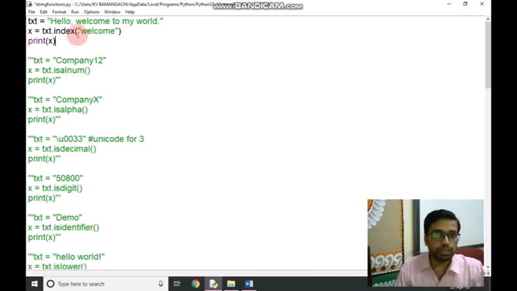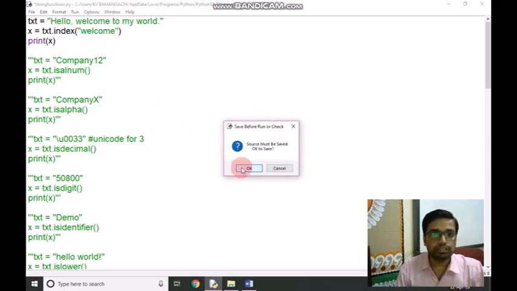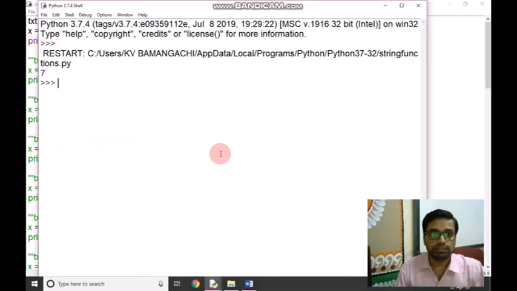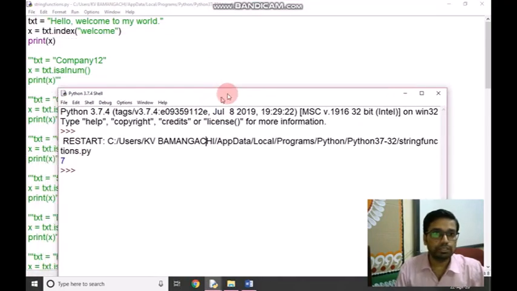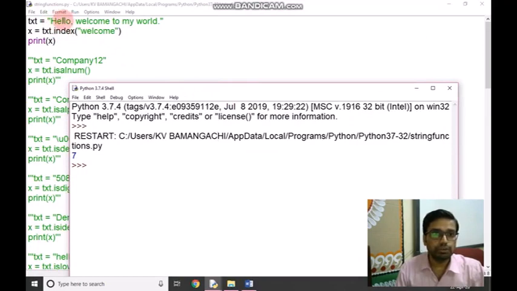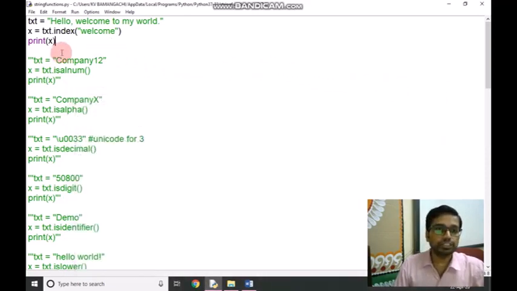In indexing, as we know, the string starts from 0: 0, 1, 2, 3, 4, 5, 6, 7. So it will return the index of the searched item. So it is giving 7. How 7 comes: 0, 1, 2, 3, 4, 5, 6, 7. On the 7th index, welcome exists. So this is the index function.